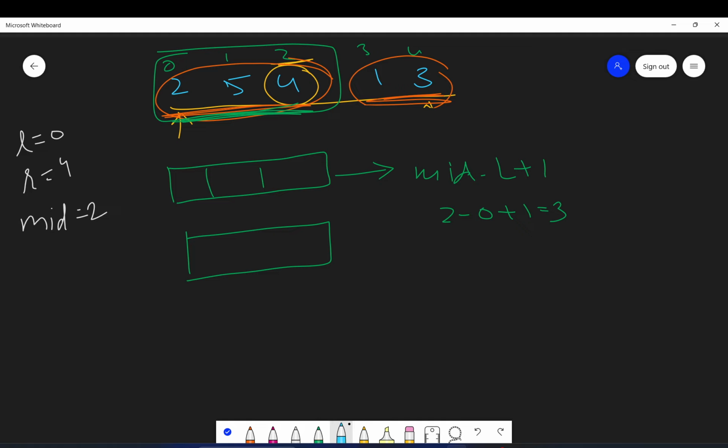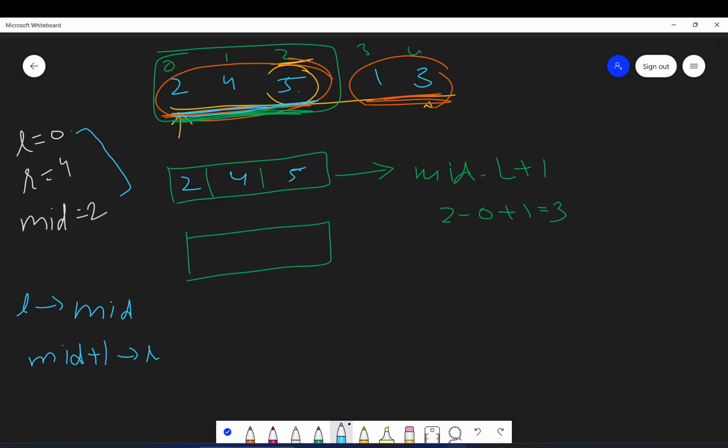And I will copy all the elements from L equal to 0 to mid, because I told you that the first subarray is from L to mid, and the other is from mid plus 1 to R. So whatever elements are from L, which is 0, to mid, which is 2. Oh sorry, I have written it wrong here. It will be 2 4 5. So here I will write the array.